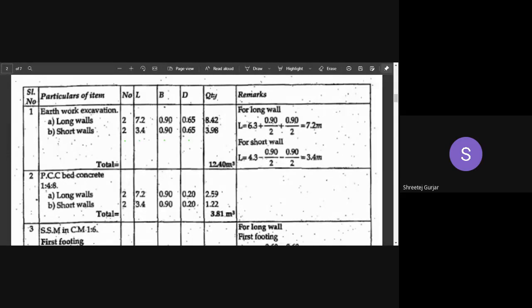While others are also copying down, if you have any doubts, you can type in chat or you can unmute and ask, while you are simultaneously copying down. After we finish with long wall, short wall, we have to do the same problem with the center line method, which is very easy. You will finish the problem in hardly 5 to 10 minutes. You will understand that the center line method is very easy compared to long wall, short wall.